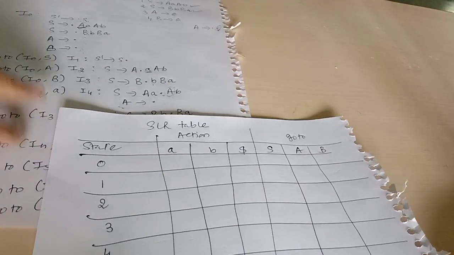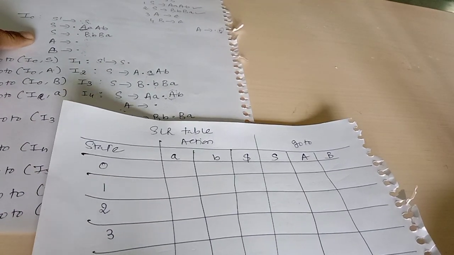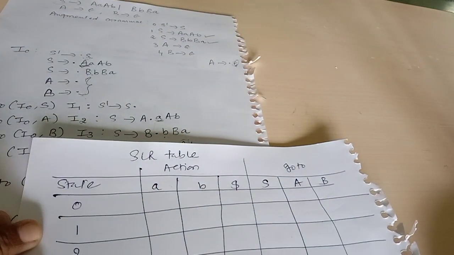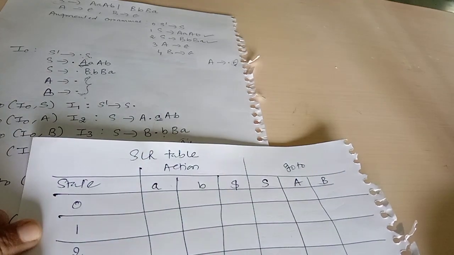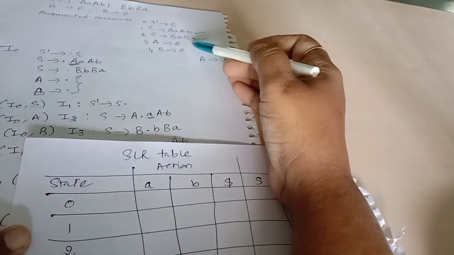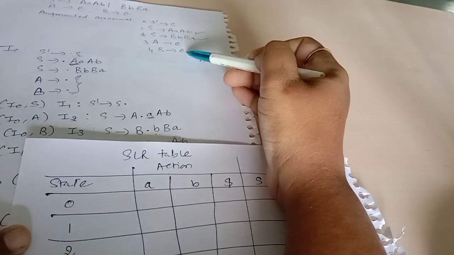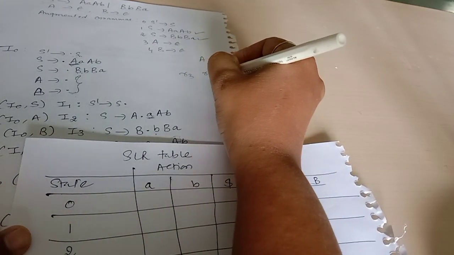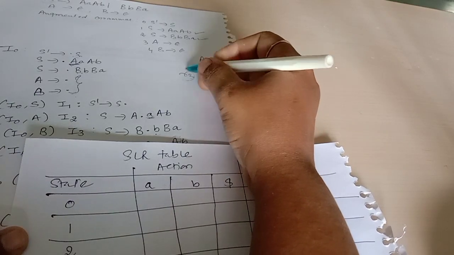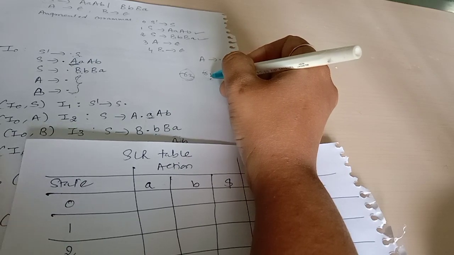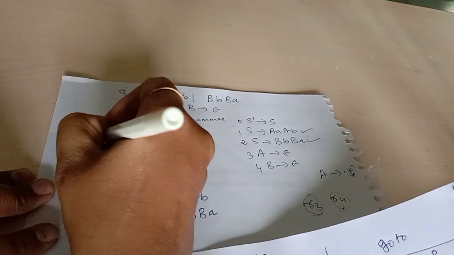So just see here I0. In I0 the two productions are completed, or we can say that both these two productions are reduced. Okay, which production is reduced? For that we need to check this number. So productions 3 and 4 are reduced. So we will write R3 and R4 because these two are reduced. But where do we have to put this information of reduce? For that we need to calculate the follow set.